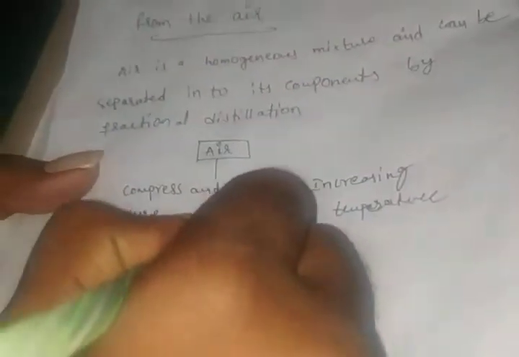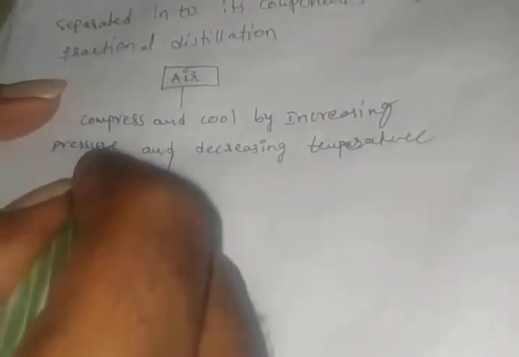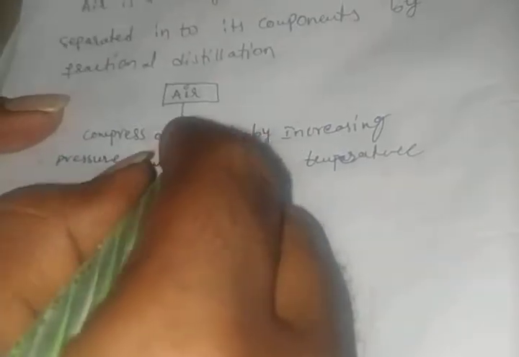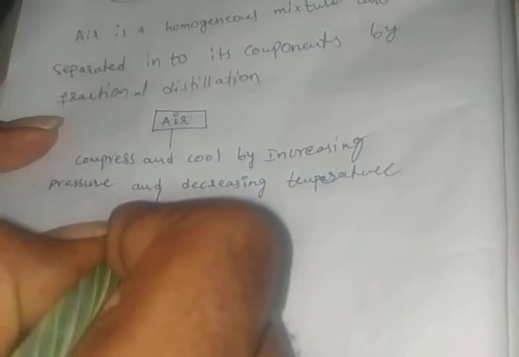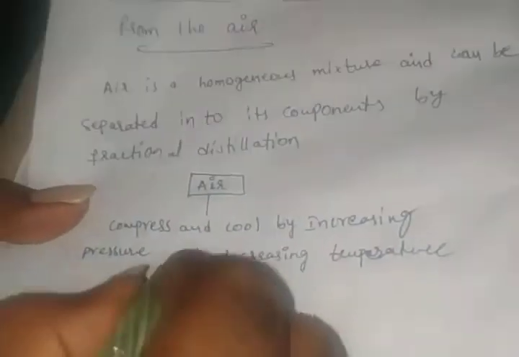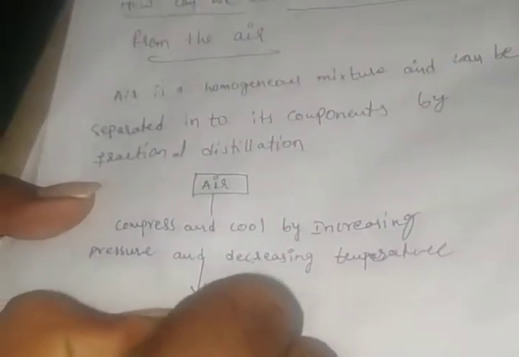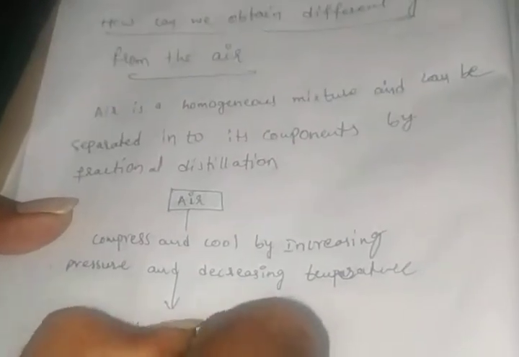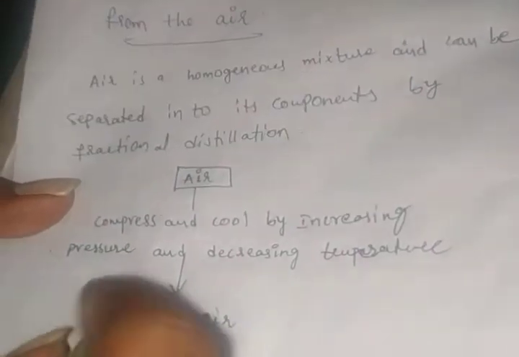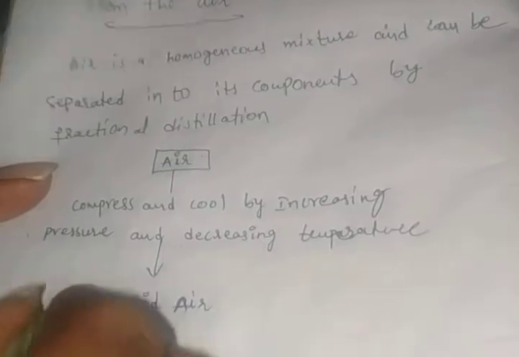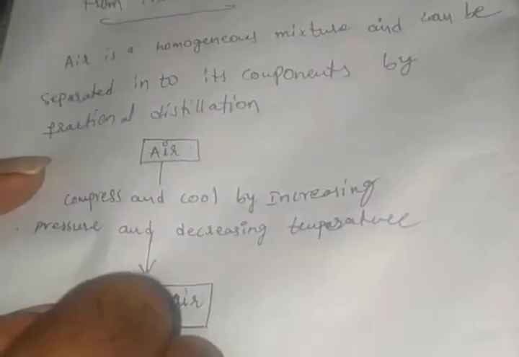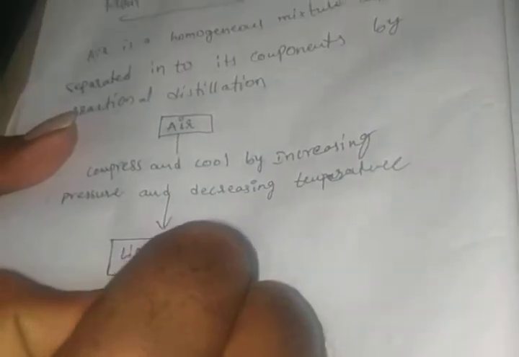If we increase the pressure and decrease the temperature, the air, which is a gas, will be converted into liquid air. At high pressure and low temperature, gases convert into liquid. Okay, and then